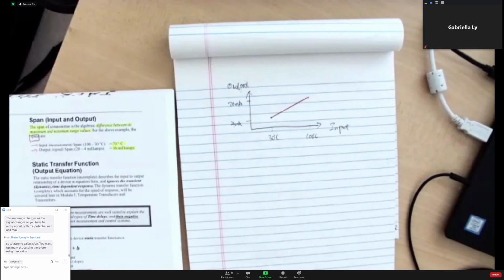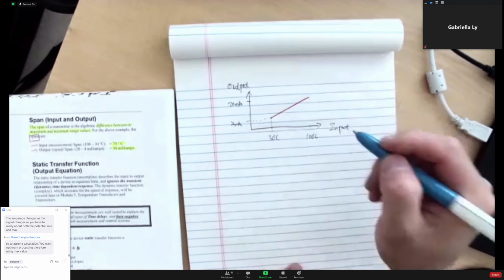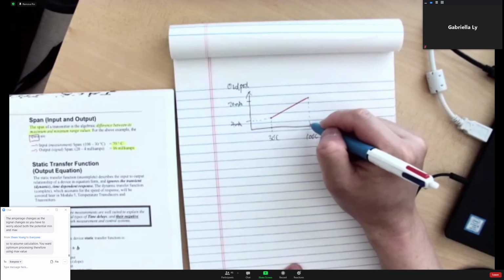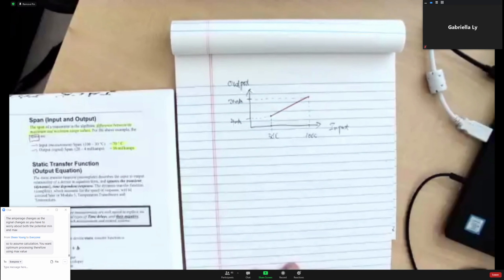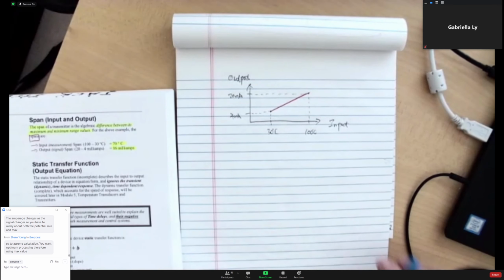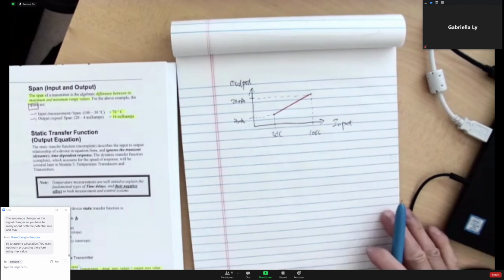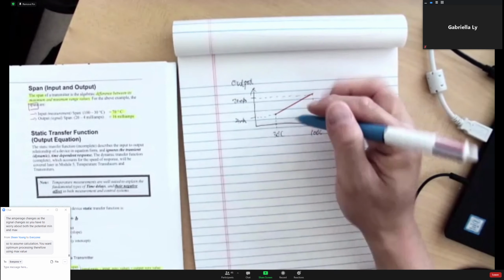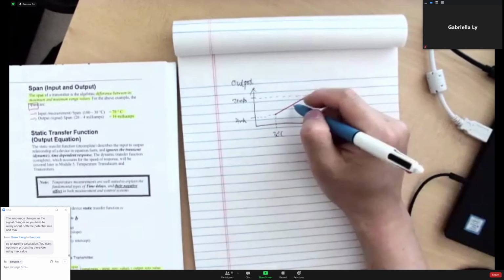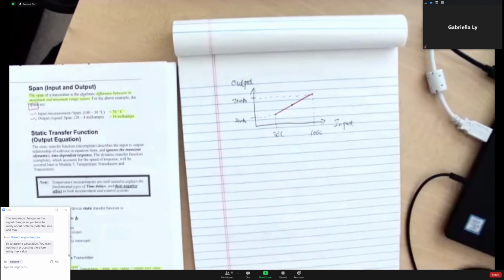So we consider this relationship is linear. We start at 30, which gives us 4 milliamps. We end at 100, which gives us 20 milliamps. So for any point on this line, if I have a value down here,